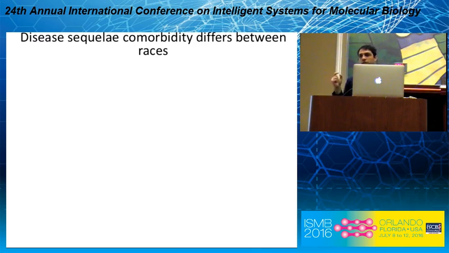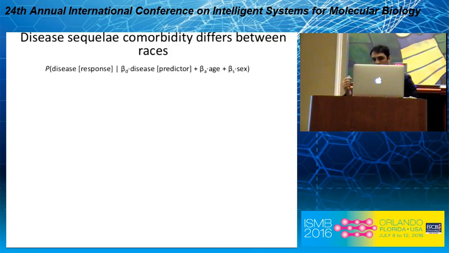So just because two diseases are ordered temporally doesn't mean that they're actually connected, if they're significantly comorbid. And the way we assess that is we did another logistic regression where we took the pairs that had significant ordering, and we said, does the probability of the second disease depend on having knowledge of the first one, of presenting with the first one? So we looked at the beta and the significance of this term when controlling for age and sex.